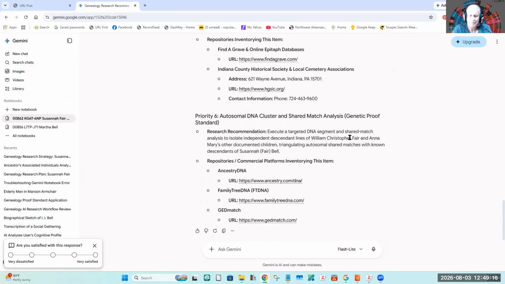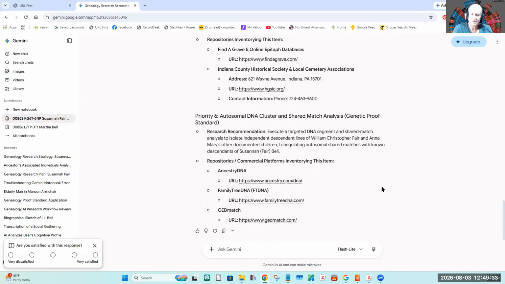Okay. Then it does autosomal DNA cluster research. So it's done this, and I happen to have DNA in all three of these. So I have to understand cluster research better than I do in order to do this.